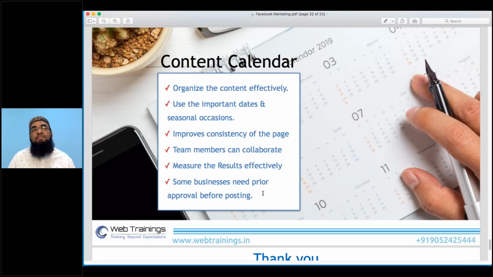Now see, basically we cannot just post whatever we want. If you're working for a company with multiple levels of hierarchy, if it is not a small business, if it is a big business, then you need prior approvals also. You can't just post whatever you want. In some companies there will be a layer of people who will go through your post, and then they give you approval, and they will say what you can't use, what you can use. There is a lot of hierarchical stuff over there. In that case also, you need a content plan to get the approval, and then you can move ahead to post the content.